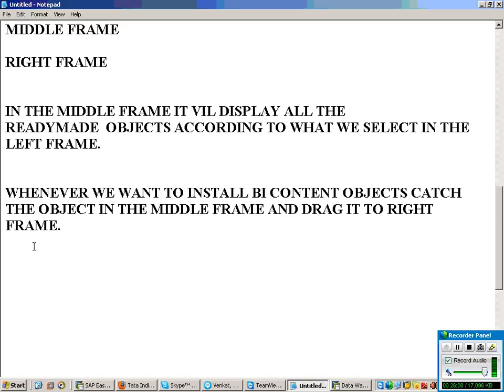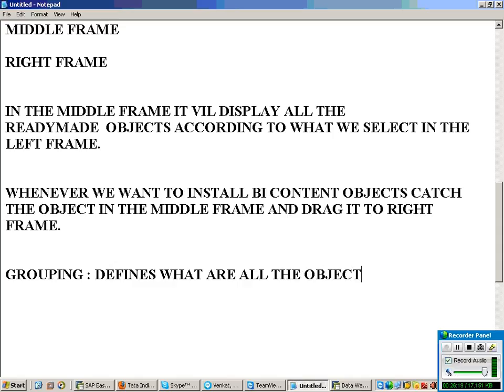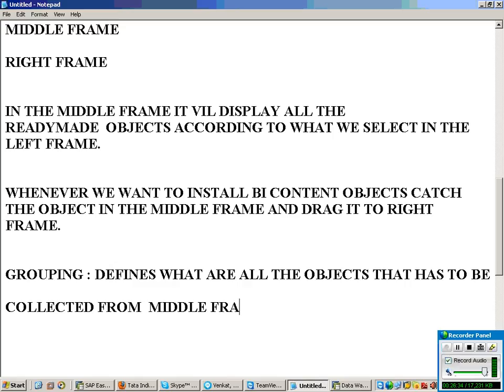See, grouping defines what all the objects are that have to be collected from the middle frame to the right frame